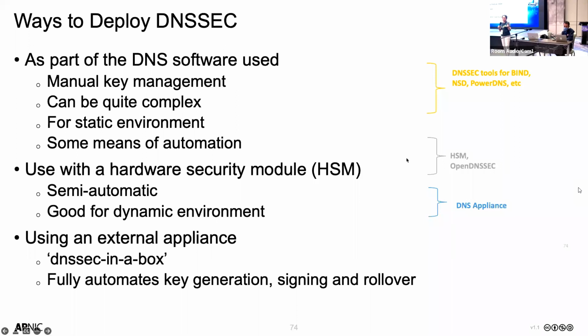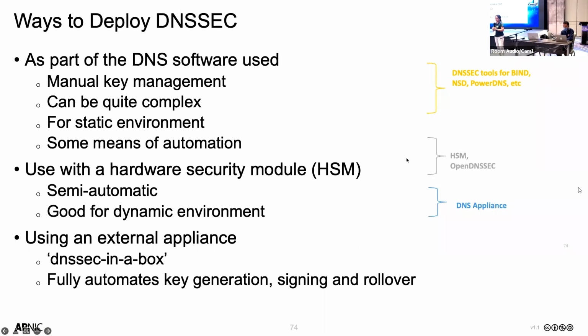It's what we call DNSSEC in a box that will sit in the middle. Usually your pattern will be you have your primary server and then your secondary, right? So between the primary and secondary, you usually have a signer that sits in the middle. That can be your external appliance or